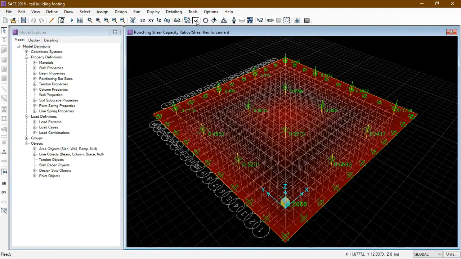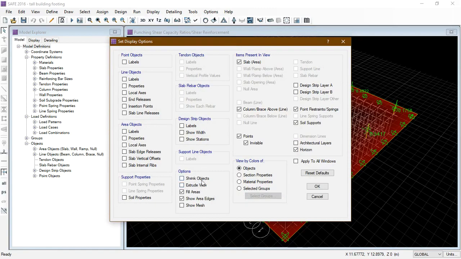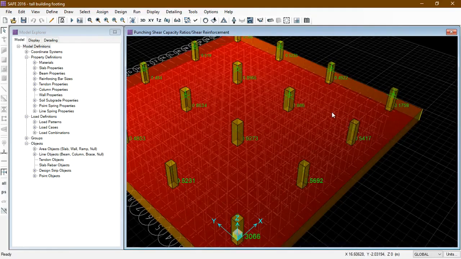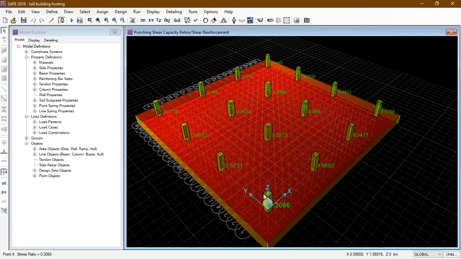Click on tools, click on extrude view, click on OK. We can also see in 3D view all the punching shear values are less than 1, which means all the size and thickness is good.